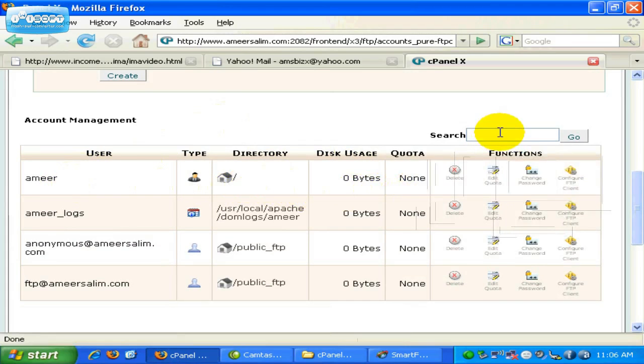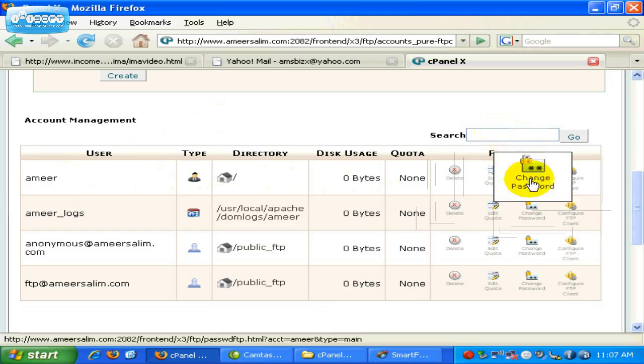And if you remember in the first video, I told you that if you change the password of your cPanel account, it will also affect your FTP password, your default FTP password. So let's see if I want to change this password. Remember, this is a default FTP account. If I click here, change password,